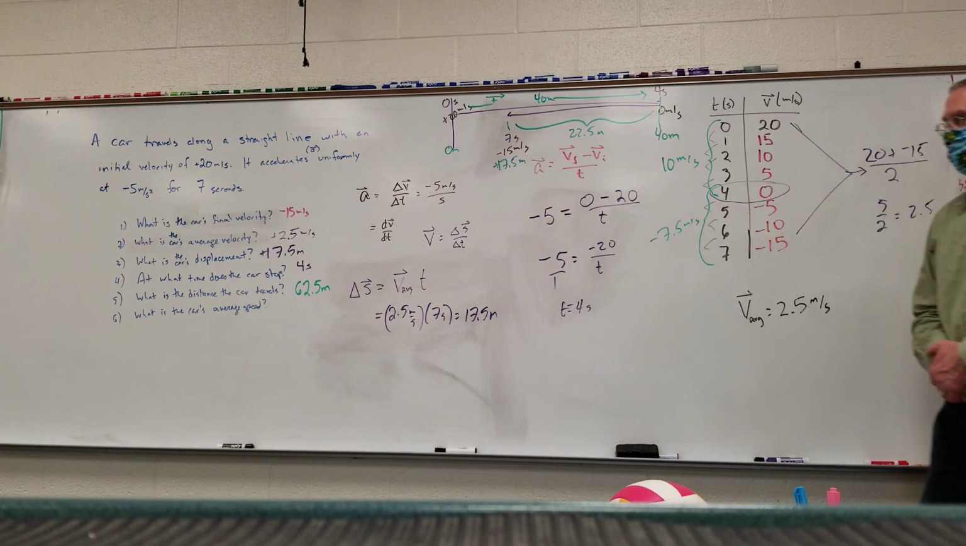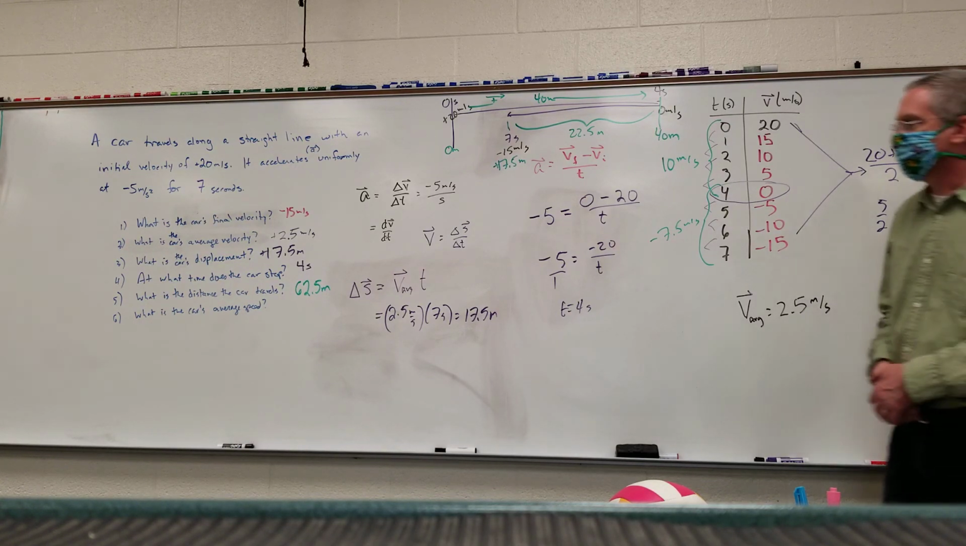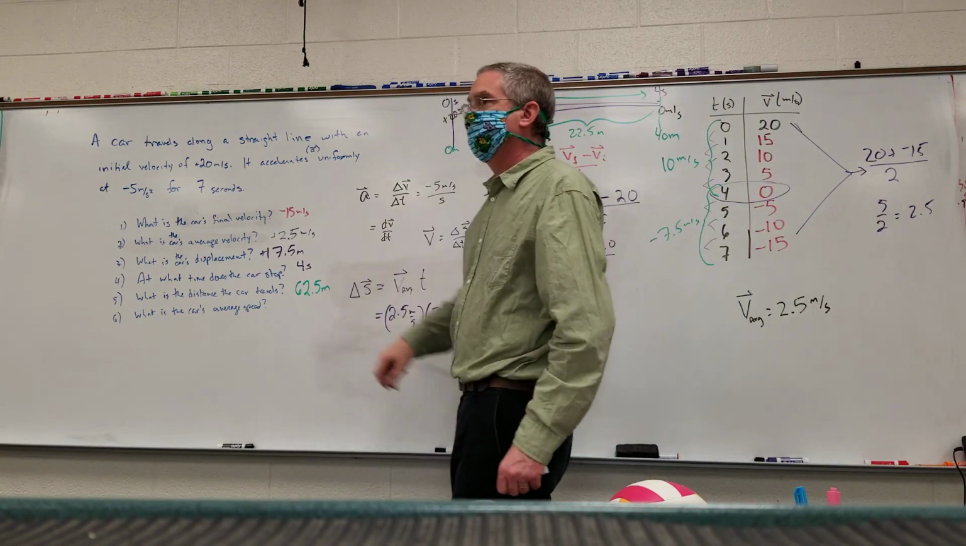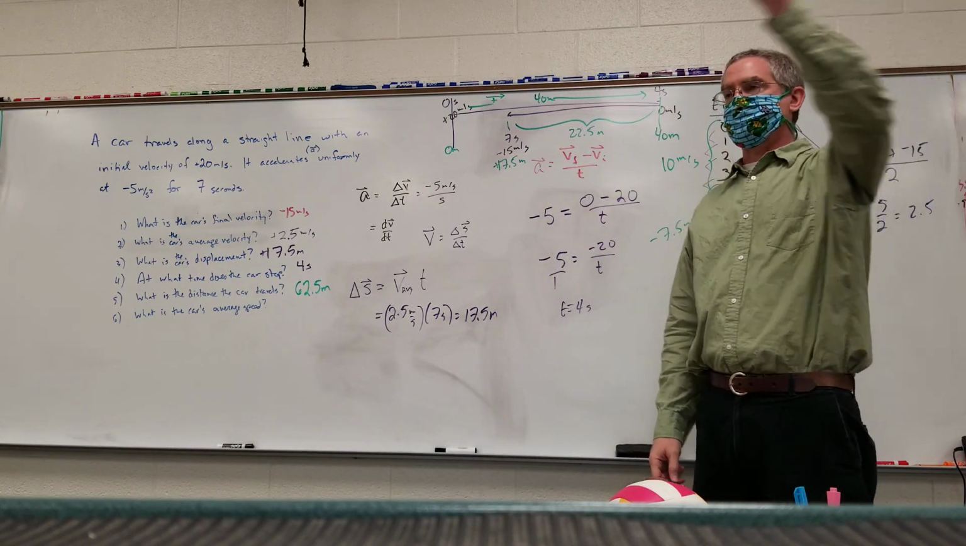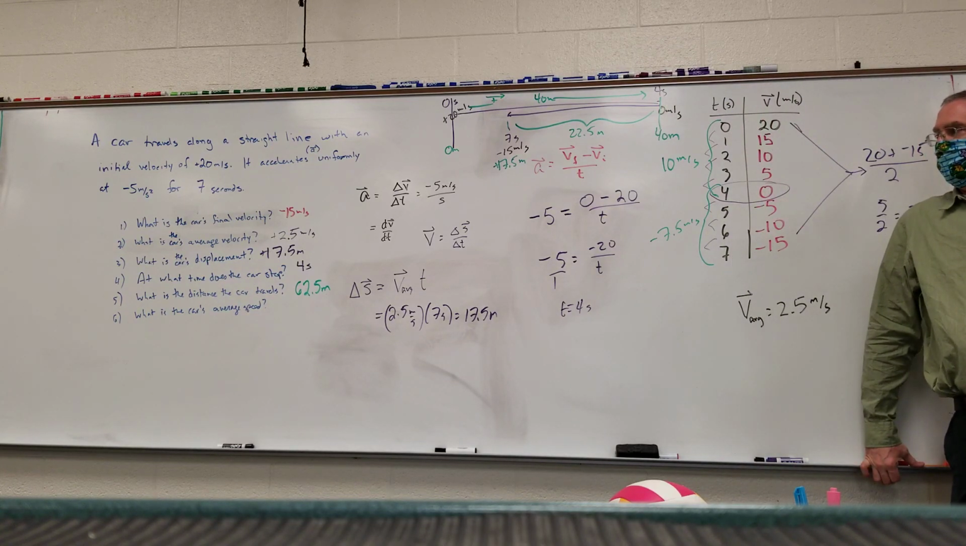And so now finally, the car's average speed. That's 62.5, the 40 plus the 22.5. So average speed,